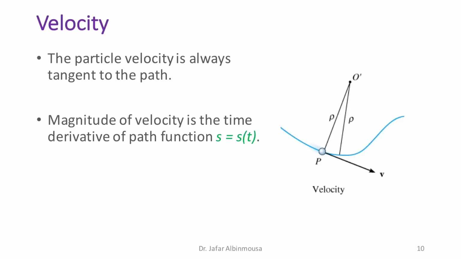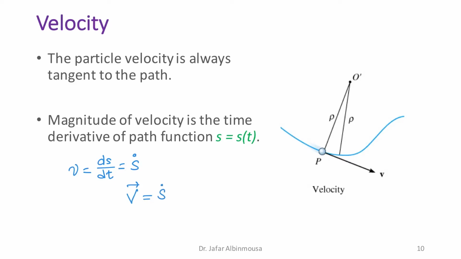While for the magnitude, if we know the path function, which is s as a function of t, then the magnitude of the velocity is going to be ds over dt, which is equal to s dot. So if we want to write the velocity vector, it's going to be v, which is equal to s dot